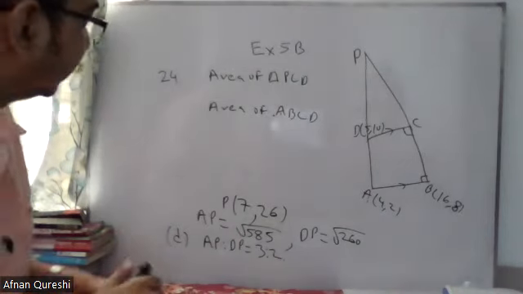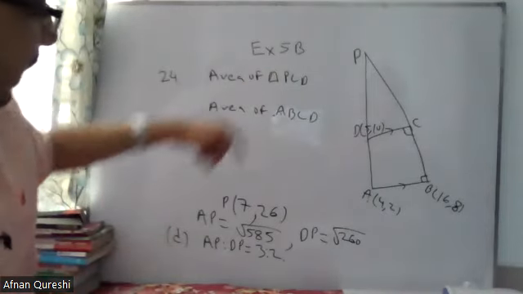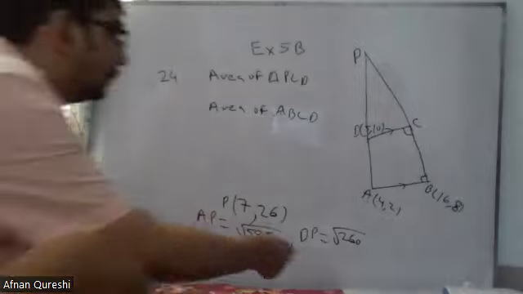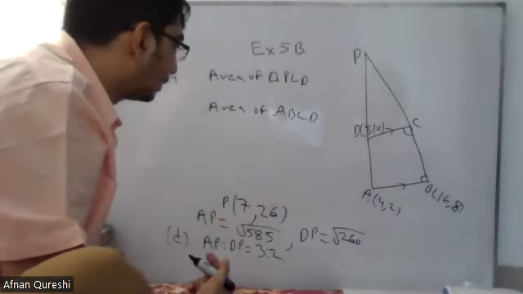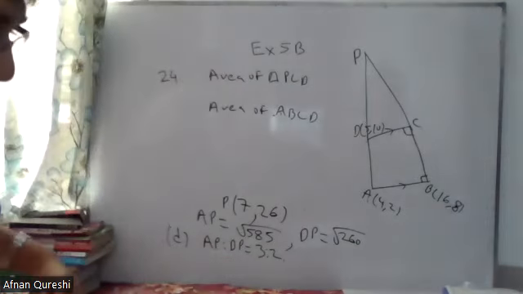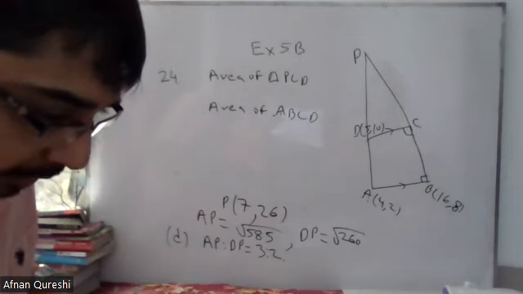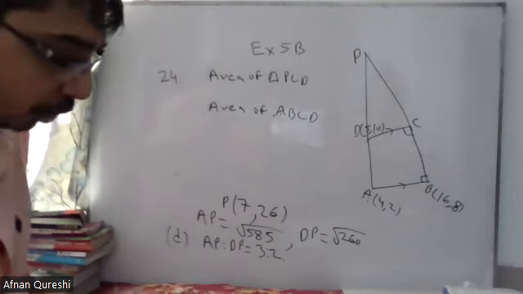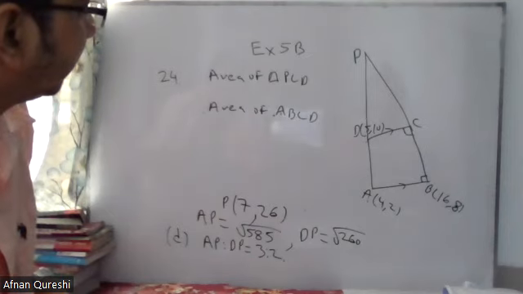Now, how to do it without finding the individual areas? AP is to DP, it is 3:2. AP is to DP, it is 3:2. So what is the ratio of